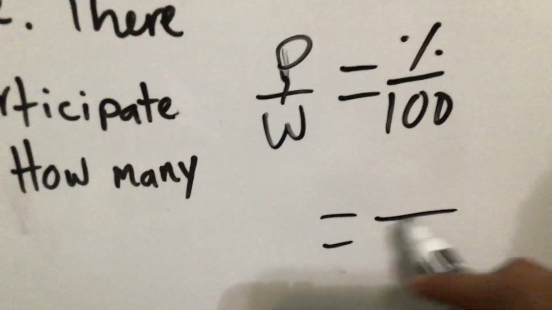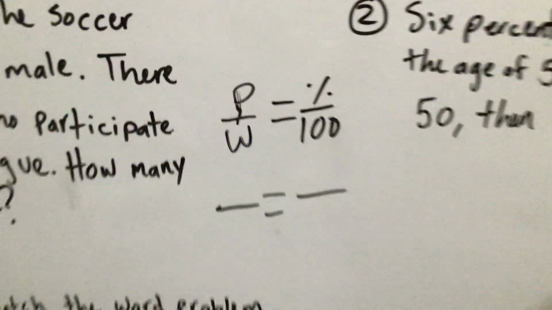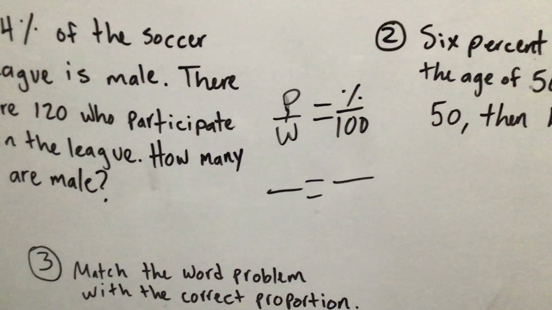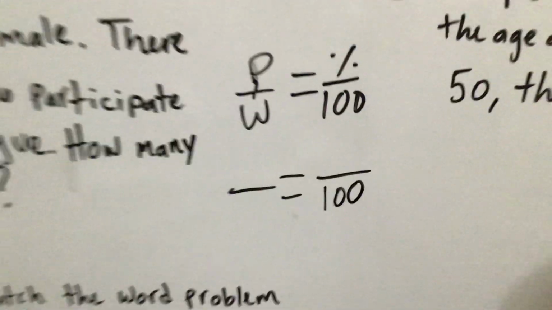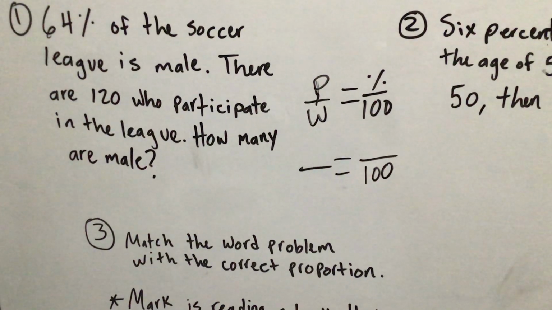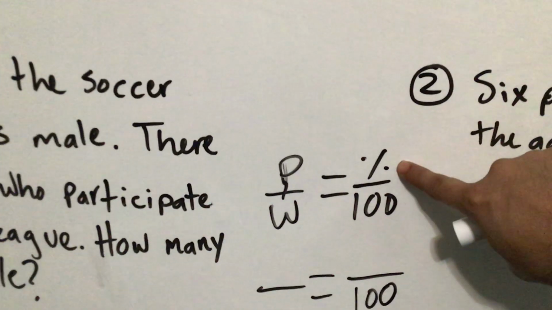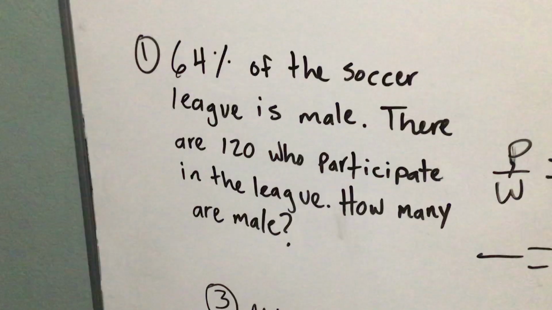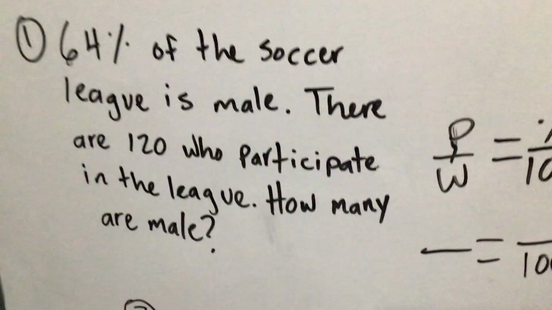So we have our step number one, and step number two will be to replace those variables for real numbers. Now the 100, it's always going to be there. It's never going to change. As percent, it's always based out of 100. Now, as you can see on top of the 100, it goes the percent. So we have to go to the question and see if there's a number with the percent sign, and we have it. It's 64.